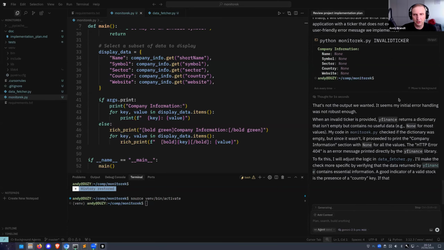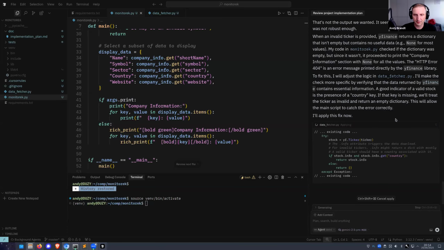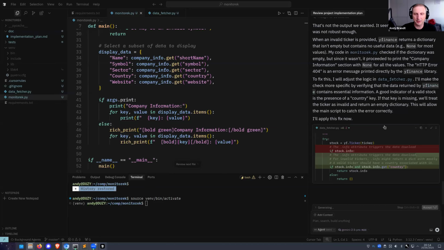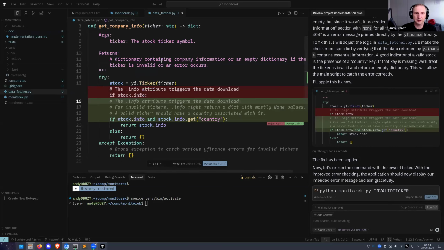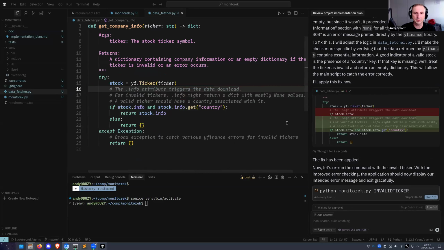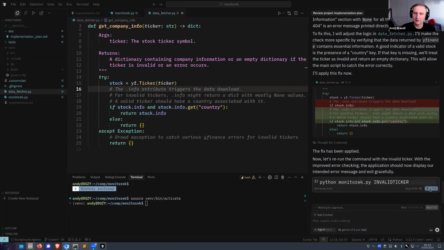And now, did you notice how it goes? I'm basically just looking at what it does, kind of overseeing what it does. So I can now check, and this is the part that I really love. This is the code that it wants to remove in red, and this is the code that it wants to add in green. I can reject that, can tell it I don't like it, I don't want it. I can accept that, but I can also edit it. I can add something here, right? Doesn't make sense right now, but I could also edit it, and then I can say I accept it. And let's run again.